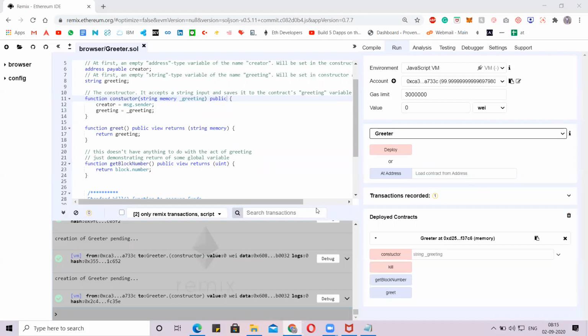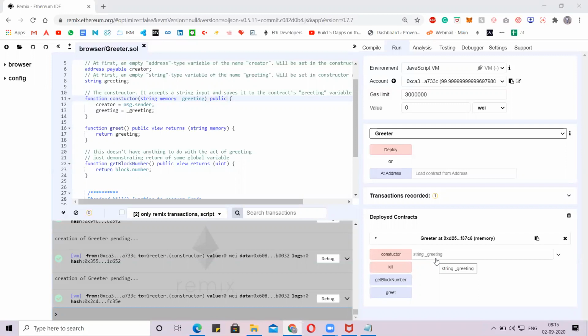Public helps us in emitting those functions to the outside so that they help us in doing our transactions or functionalities. Is that clear, guys? How do public and private help us in making things easy for us? Cool. As we move on, you can see many more functionalities like that.